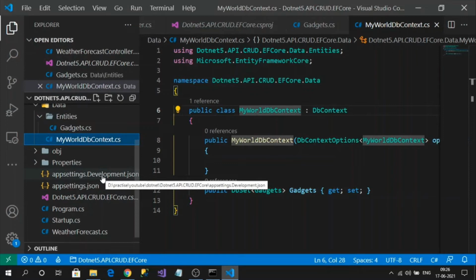So for the developers, Development is the environment. If you have a stage, like a testing site, then you have to create one more JSON file like appsettings.Stage.json. For production, you will have an appsettings.Production.json file.